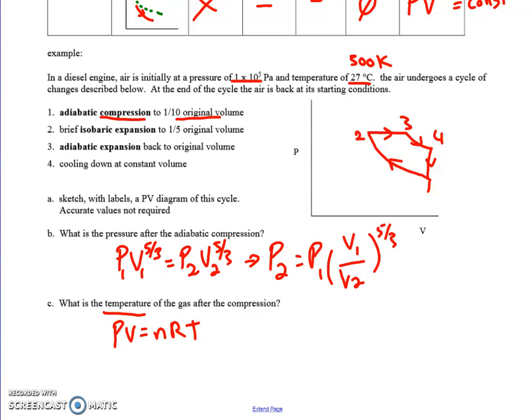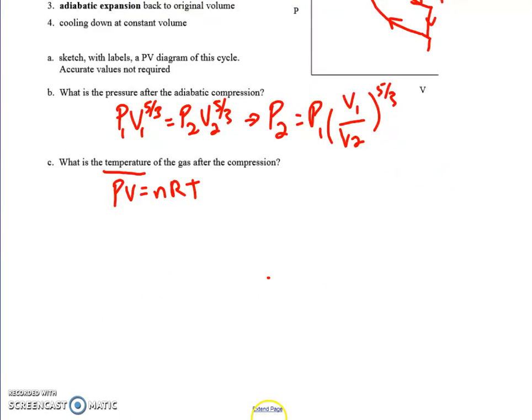All right, so upon further review, the way to approach part C is not through PV equals nRT because we don't have n, but we can say that the new temperature is equal to the old temperature times the ratio in the volume, V2 over V1, and P2 over P1. We got the ratio of pressures from